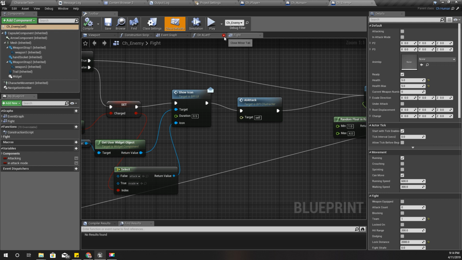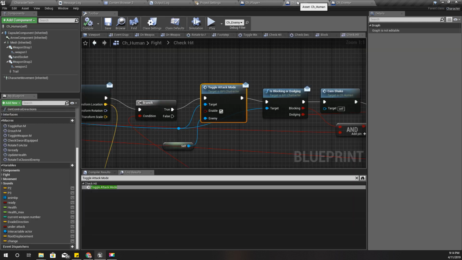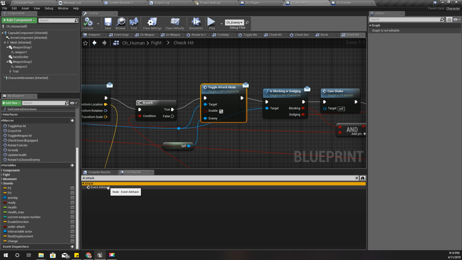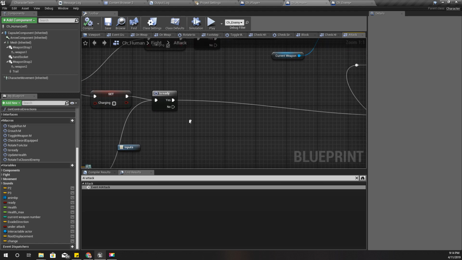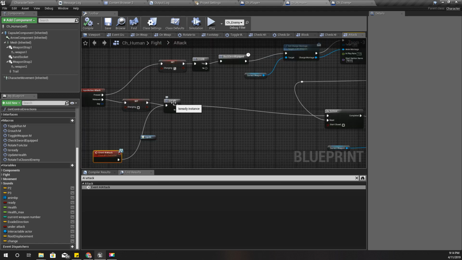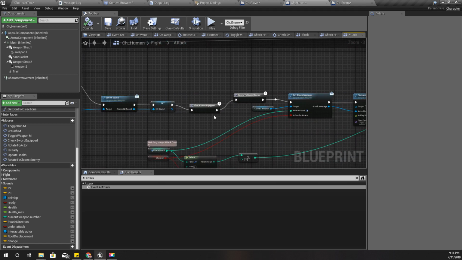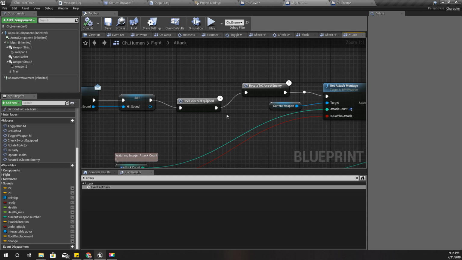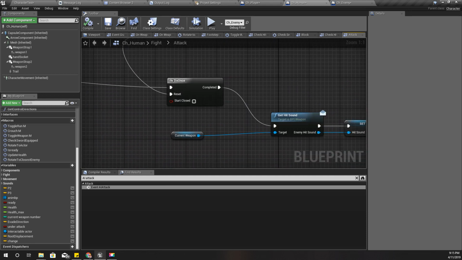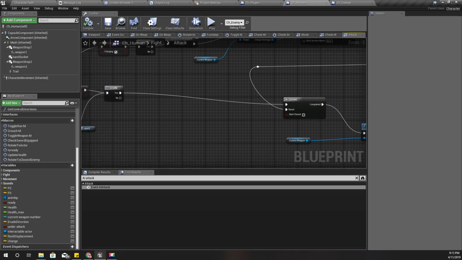When this AI attack function is called, I'll show you that. Here also I'm using this is ready, and if I am ready, I check if the sword is equipped, and if the sword is equipped,